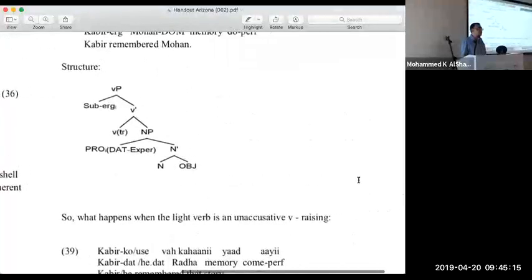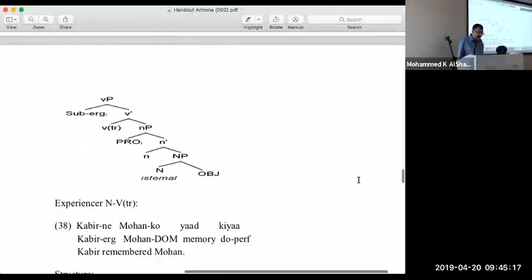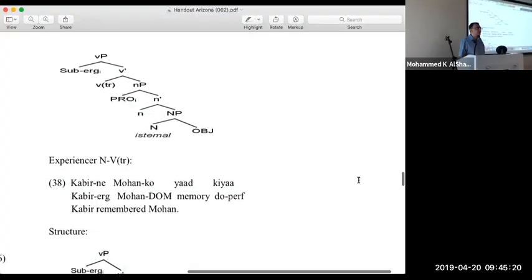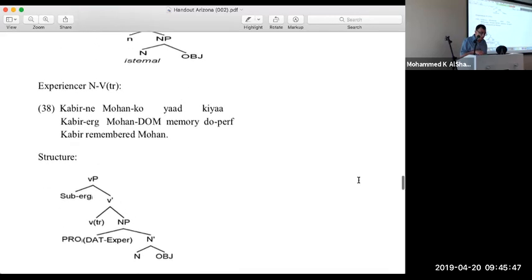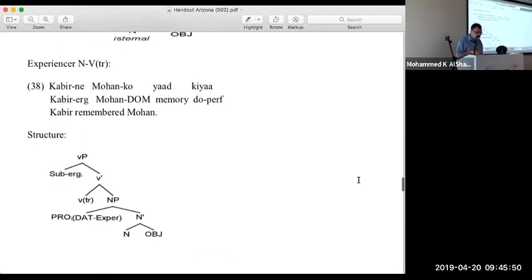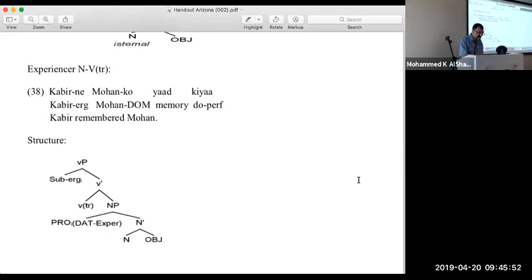Okay, I called it small NP because in this case the noun is such. Many of the nouns that are used in NV constructions are experiencer nouns. This one is not, and therefore I just kept the parallel complete here. And I'm suggesting that essentially this is again a control structure. It's in line with what I said earlier. And there's a reason why I do that, and that is 38, which is parallel to 37. So if you look at the two sentences, they share pretty much everything